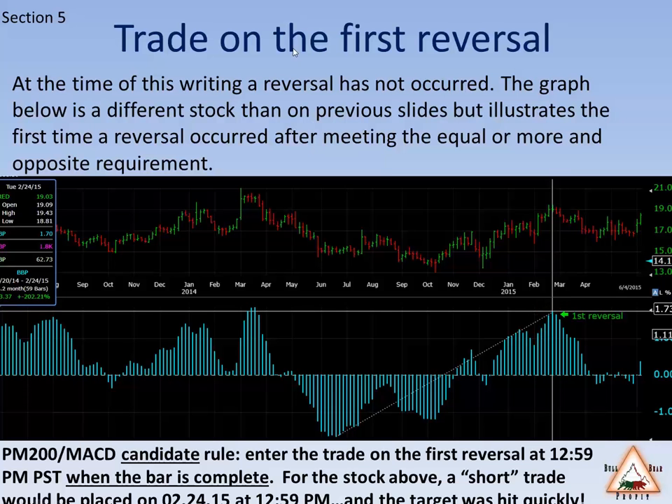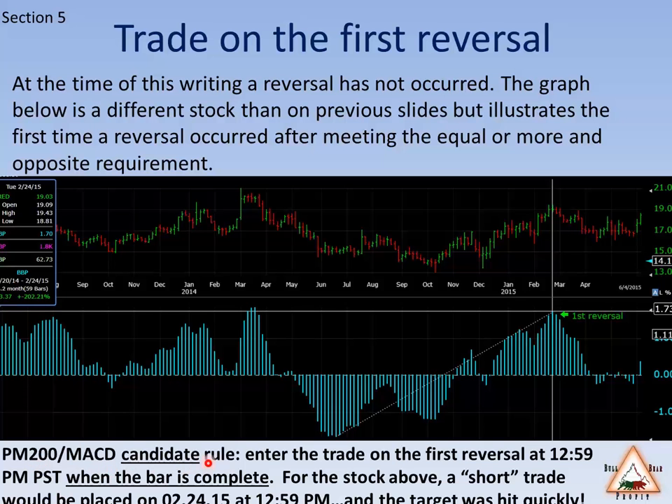So trade on the first reversal. At the time of this writing, a reversal has not occurred. The graph below is a different stock than on the previous slides, but illustrates the first time a reversal occurred after meeting the equal or more and opposite requirement. So in this example,